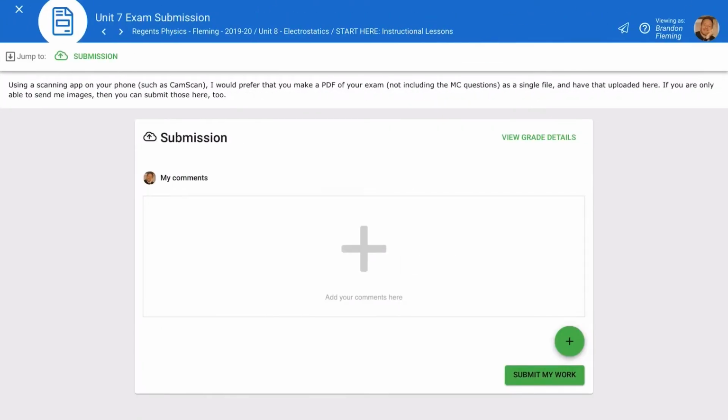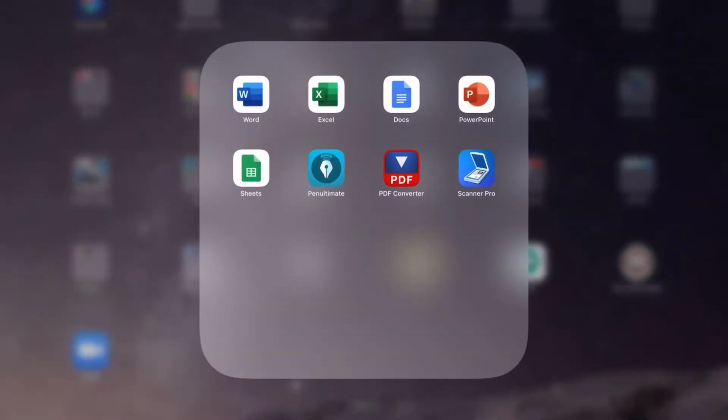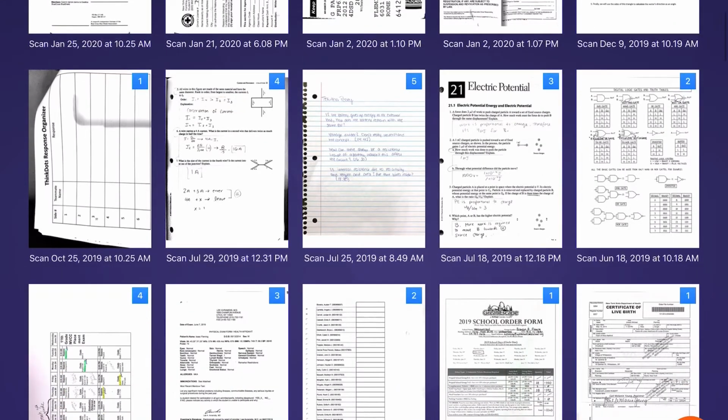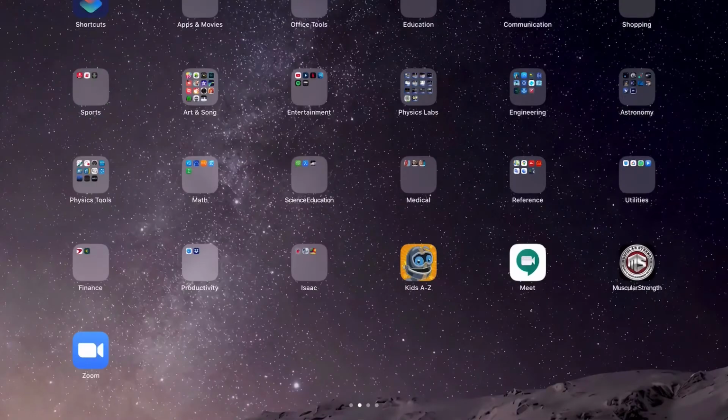So if I click this, it says at the top, using a scanning app on your phone, such as CamScan, I'd prefer that you make a PDF of the exam, not including the multiple choice questions, as a single file. If that's too difficult for you to make a single PDF using a program like CamScan, or personally I like to use Scanner Pro. It's an iOS app, and it does a really good job of taking documents, and well, there's my car registration and any other personal information you'd like to give. Oh, a birth certificate? Okay. But it does a really good job of taking those images and turning them into a single PDF document,